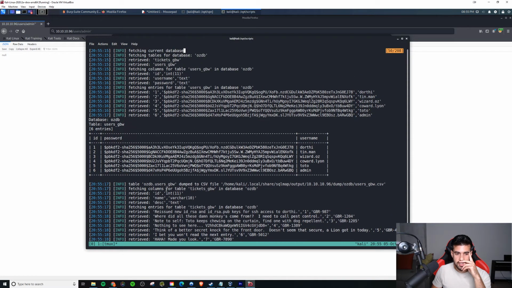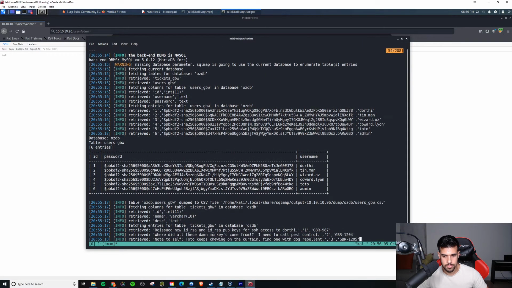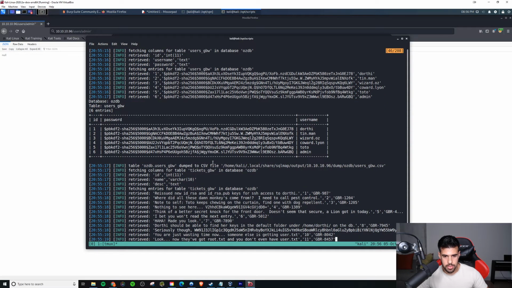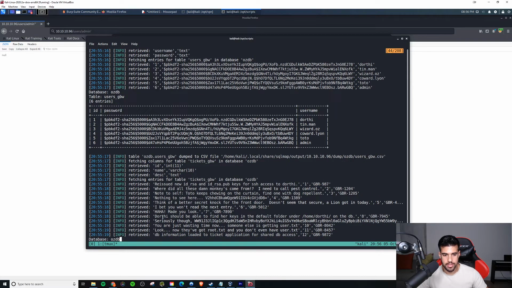In the case of this box, the juicy information that we get from the database is where it says, where is it? It mentions that there's a new id_rsa and private public key for SSH access to Dorothy. And it says that we should be able to find her keys in the default folder under /home/dorothy on the DB. So this is the information that's really good because